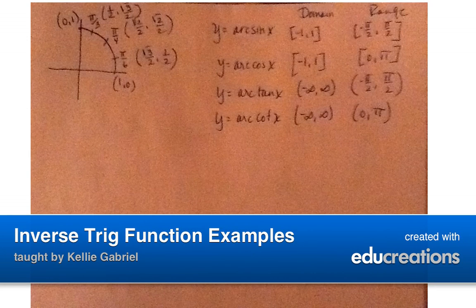Here's my cheat sheet. I did the first quadrant of the unit circle, and then the arc sine, arc cosine, arc tan, and arc cotangent domains and ranges. And I know there are two others, the arc secant and arc cosecant, but we don't see those as often. But these are the ones that are most popular, and we're going to use those as kind of a little cheat sheet. So let's just look at a couple of examples where you might be asked to evaluate, and that's